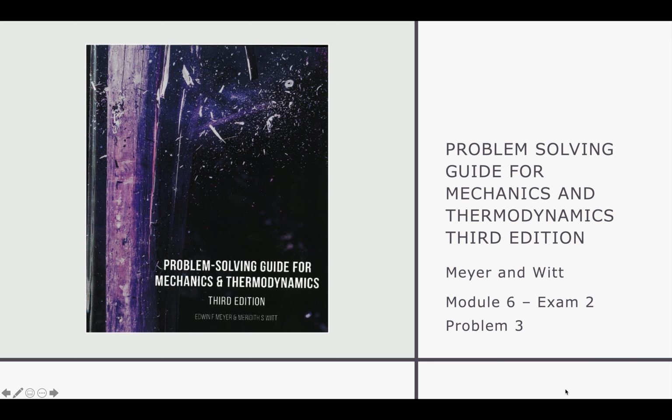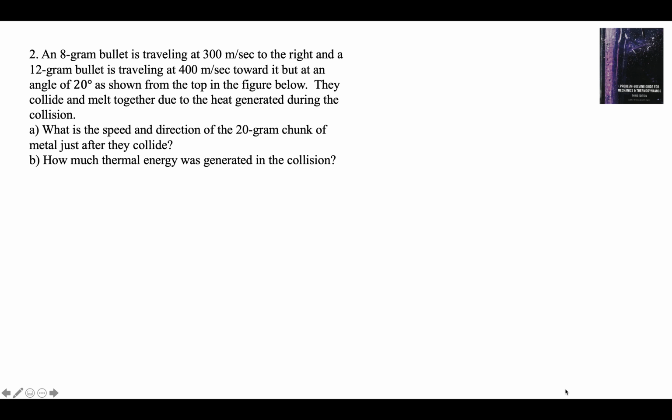This is a walkthrough of problem 3 on practice exam 2 of module 6 in the book Problem Solving Guide for Mechanics and Thermodynamics. We have an 8-gram bullet going 300 meters per second to the right and a 12-gram bullet going 400 meters per second towards it, but at an angle of 20 degrees as shown from the top